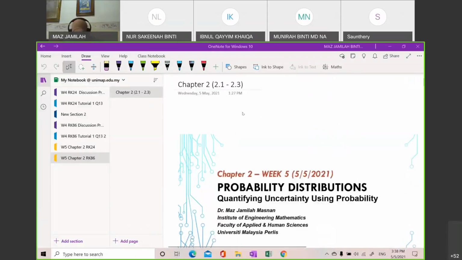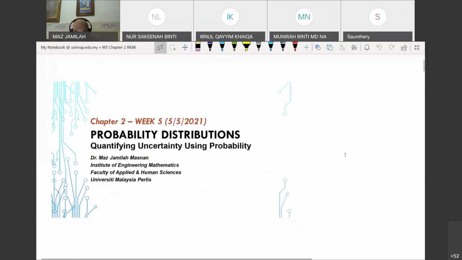Okay. Let's begin with chapter 2. Okay, probability distribution. Now, when we compare chapter 1 and chapter 2 class, in chapter 1, what we have